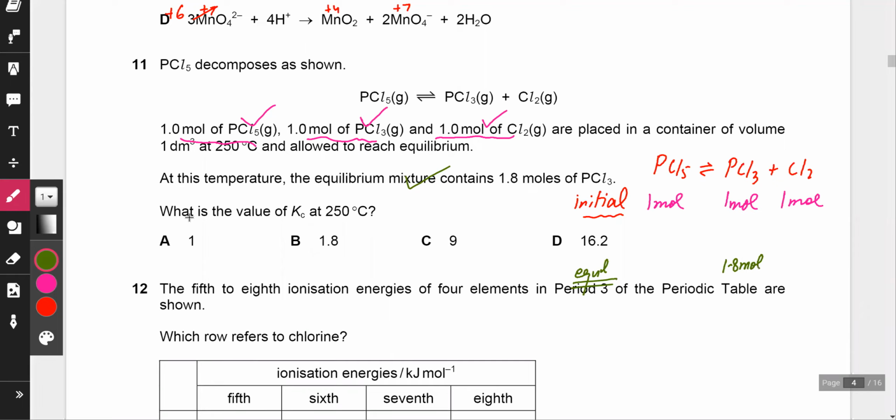So what does that mean? It means that you started off with 1 mole over here, and now you have 1.8 moles. So that means an extra 0.8 moles got produced. And since PCl3 and Cl2 are 1:1,